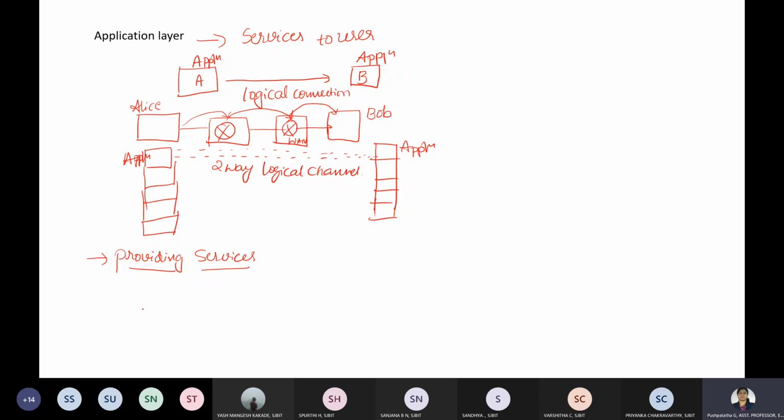Earlier, it was originally designed to provide the voice service to all the people all over the world, so that they can talk to each other.